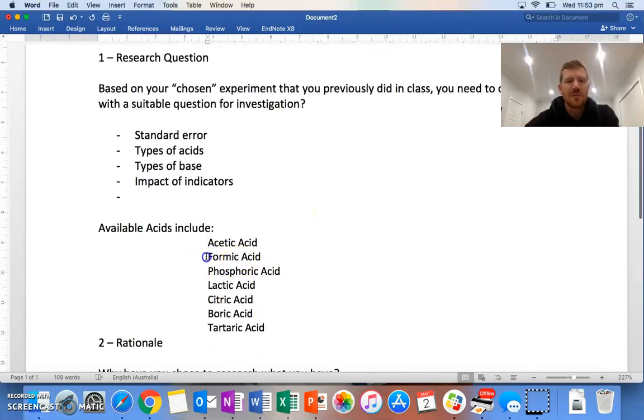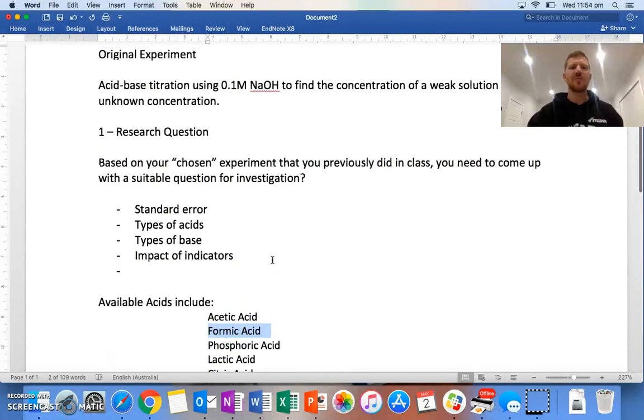But if you do, you have to sit there and go, okay, well, why am I researching this? What's the point of that? So you need to do some background information on the acid, find out what it's used for. And you might find out that it's used in medicine. And in medicine, it's important to be a certain pH, or they want it highly acidic, or they want it low acidic. It might be used in industry or in warfare or in something. And therefore, you have a reason for wanting to be able to investigate something. And therefore, it gives you that